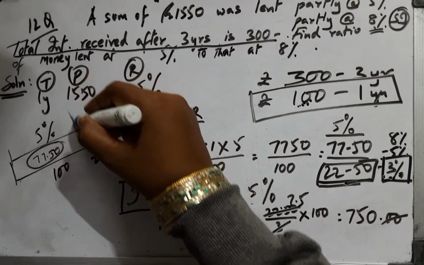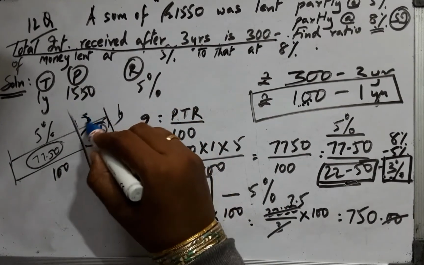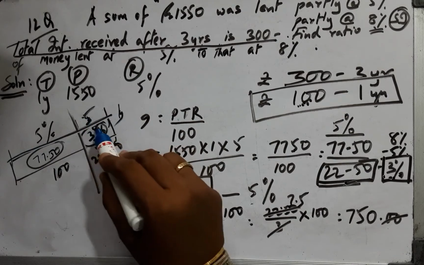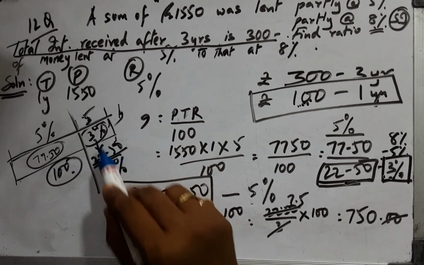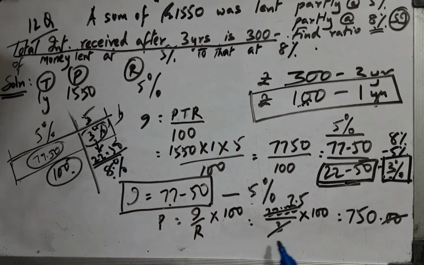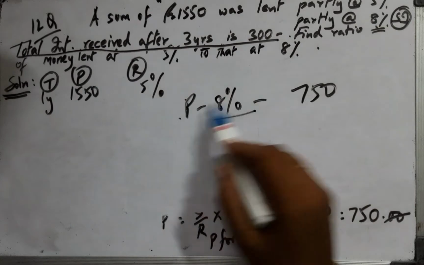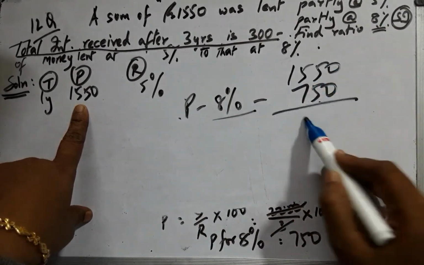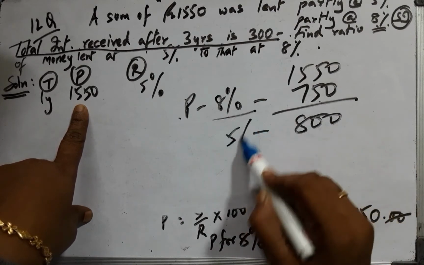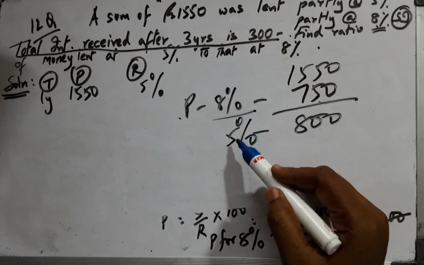And you should understand that this 3% also includes this 8%. 5 is also here. Throughout the year 5 was paid, but out of 100 only this has been achieved, and the balance is for 8%. And therefore if 8% part of the principal is 750, then out of 1550 the balance is for 5%. Now that has been achieved, 8% to 5%.